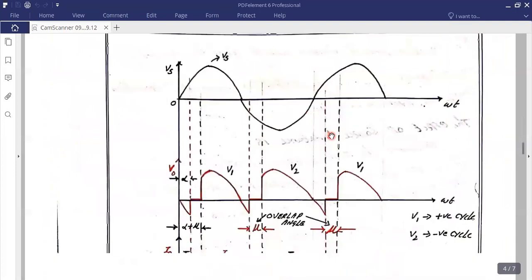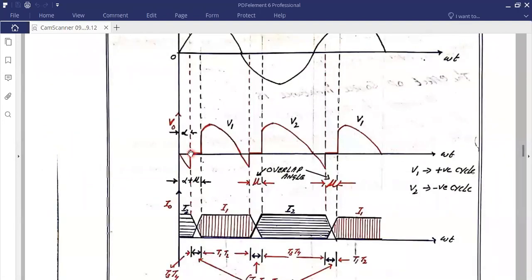Here the actual output voltage needs to start from here and go up to this, and this is going to be the negative voltage. What is the average value for this? From this particular point, removing this, isn't it? But here what will happen? The conduction of the output voltage is going to be reduced, so this value is going to be reduced. So ultimately you are going to have a reduced output voltage.